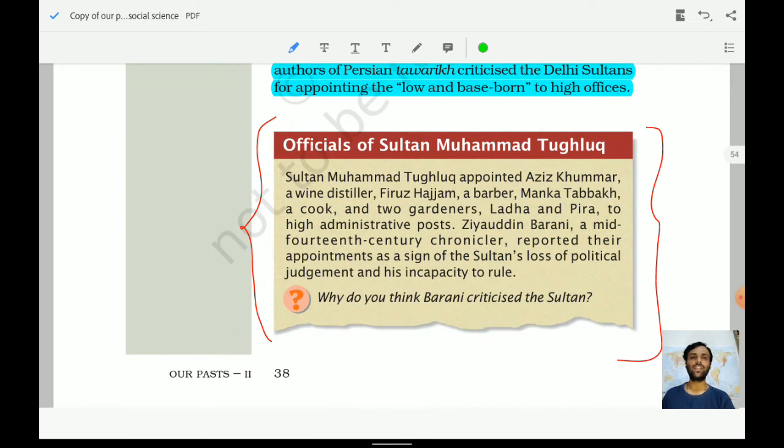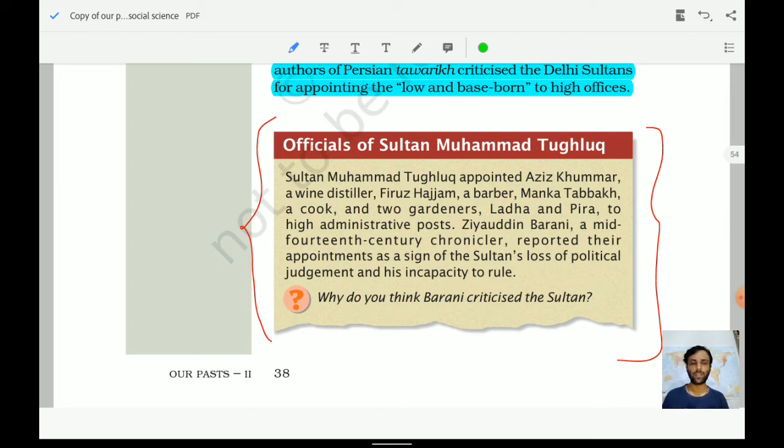So the officials of Sultan Mahmud Tughlaq, we were just talking about how people got into prominence. Tughlaq appointed Aziz Kumar, a wine distiller, Firuz Hajam, a barber, Manka Tabak, a cook, and two gardeners, Ladha and Pira, to high administrative posts. Ziauddin Barni, a mid-14th century chronicler, reported their appointment as a sign of the Sultan's loss of political judgment and his